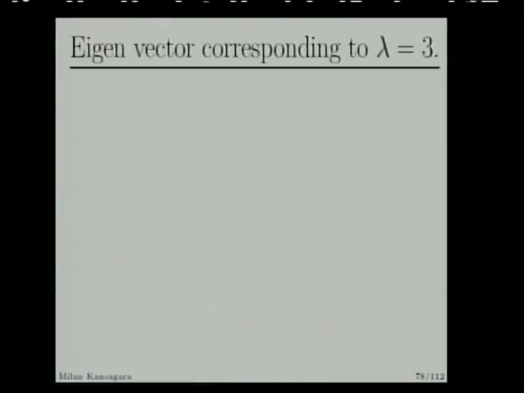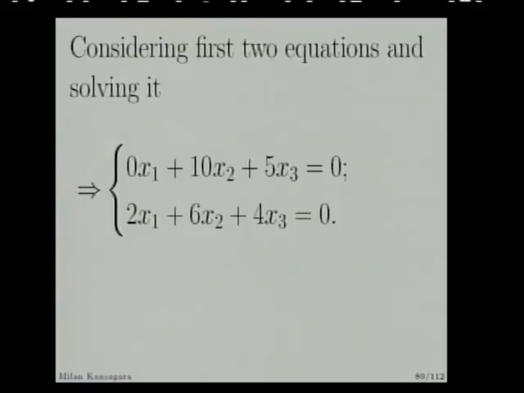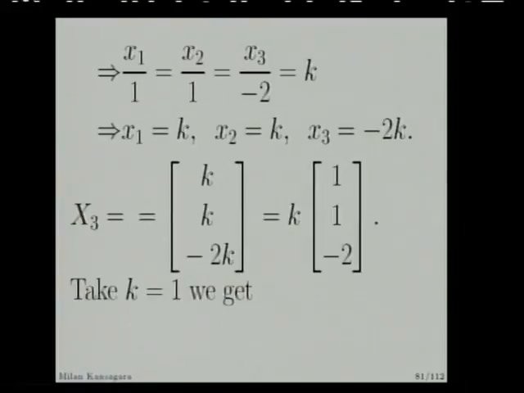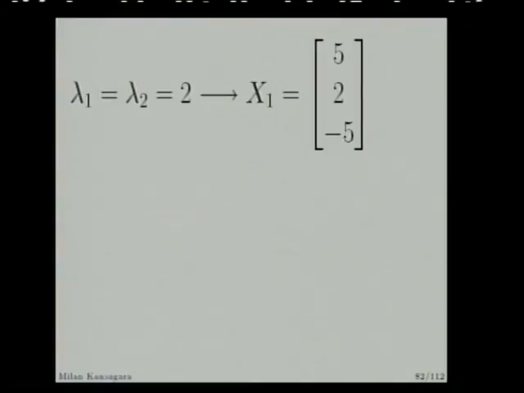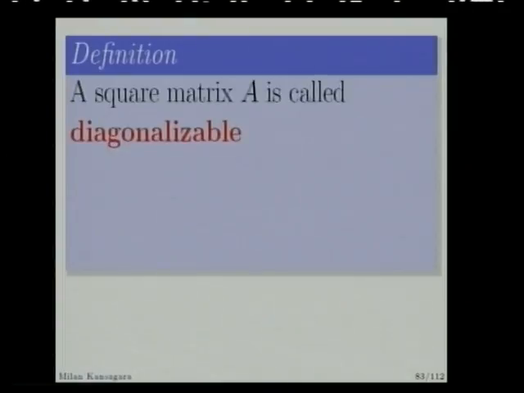So finally, the eigenvector corresponding to lambda equal to 3. Corresponding to 3 we will get, let us skip this. So for lambda 1, lambda 2 equal to 2, we get only one eigenvector. For lambda equal to 3, we get only one eigenvector. So here we get only two different eigenvectors. That means, from the last two examples we can say that different eigenvalues need not have different eigenvectors. For repeated eigenvalues, we may have one same eigenvector.